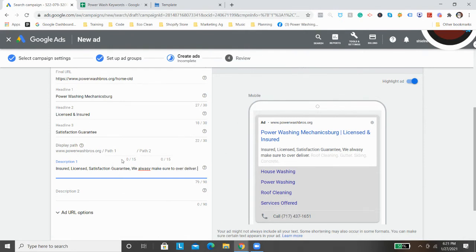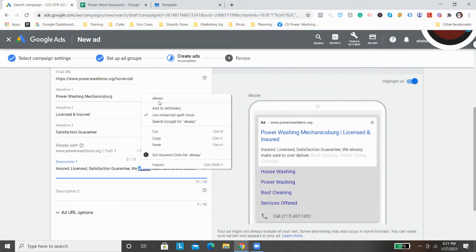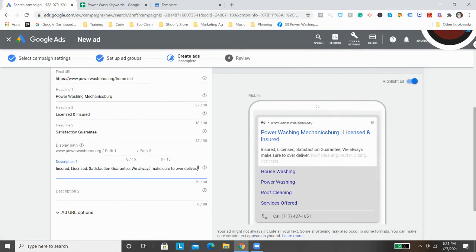One thing that I really do not like about Google Ads is that they don't let you put three dots in your description, and I don't believe it allows you to add a question mark either. I was going to say, is it okay if we over deliver with a question mark, but it doesn't let you do that. And in the second description, you could say,